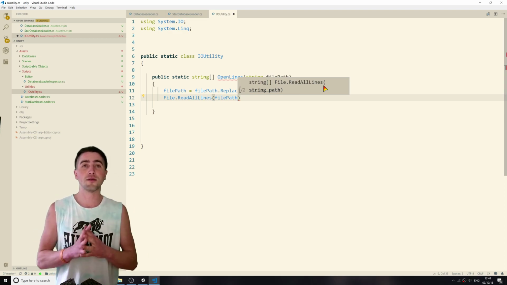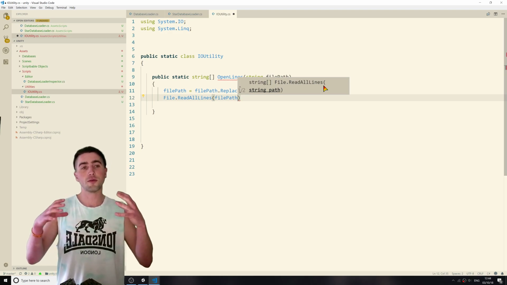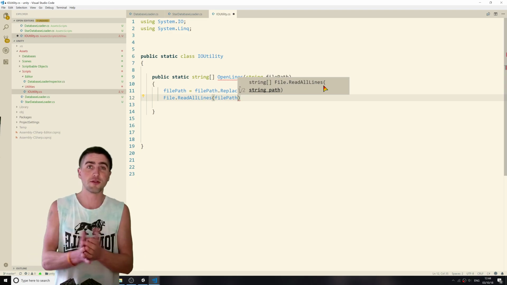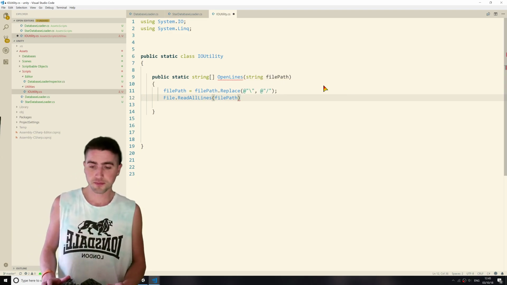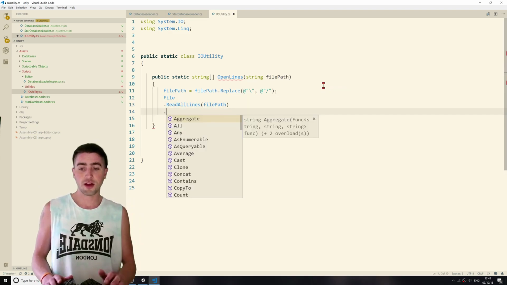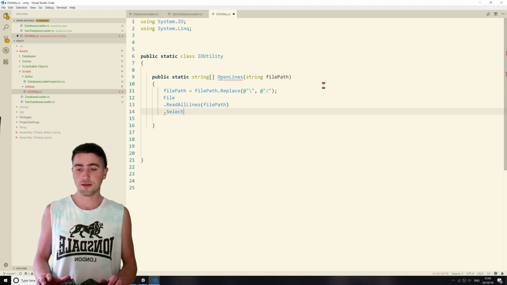we're going to be passing each different field, assuming that there's commas inside there, assuming that each line is a legitimate field. So we want to do a little bit of filtering of this data. So this is where we'll start to use LINQ queries. So for example, we can say select